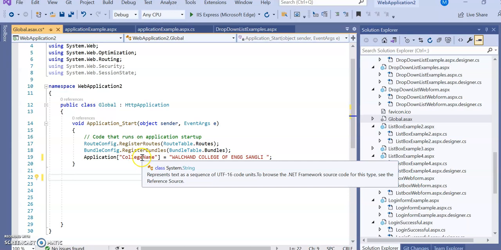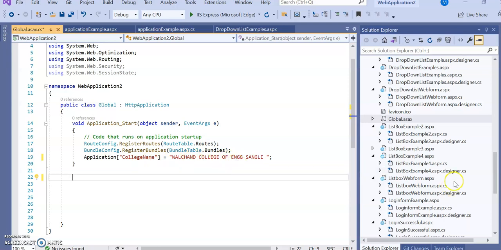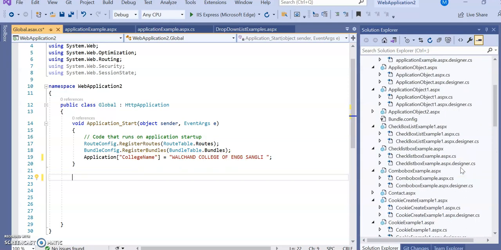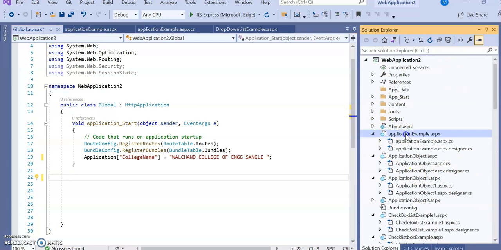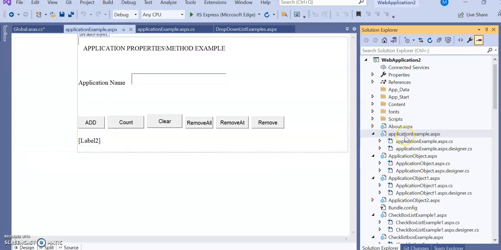Now, this application variable name can be retrieved in another web form. Let's see that example, and we will also see the different application properties and methods that we saw in the last video. Now this is an example for application name.